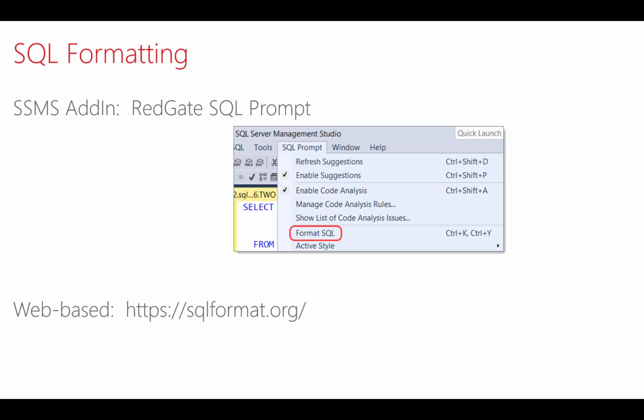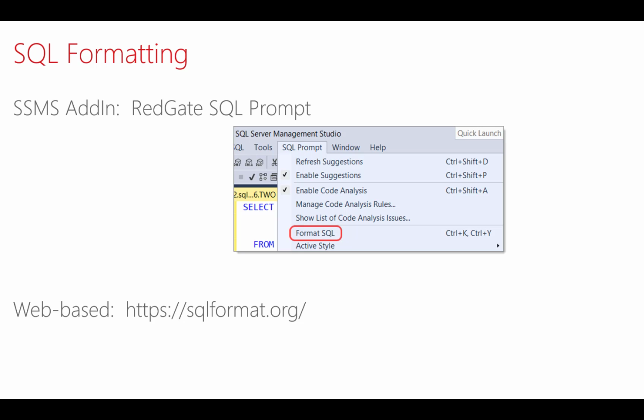Or if you're working on a customer server and can't install software there, you can copy and paste SQL from that session into the web-based tool sqlformat.org. That's just a website. You paste the SQL in, and it will format the SQL for you. That will save you a lot of time when you're trying to trace these types of errors and analyze